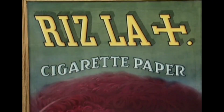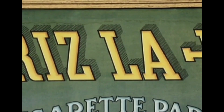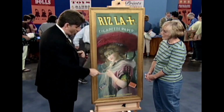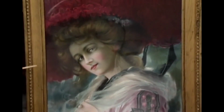The appraiser highlighted that although the piece had been repainted, it retained its original frame. Additionally, the item displayed the name of the company Rizla at the bottom, making it a self-framed advertising sign. Although cigarette and tobacco collectibles have decreased in popularity, the attractive image compensated for that. Considering its condition and other factors, the appraiser estimated its value at auction to be...